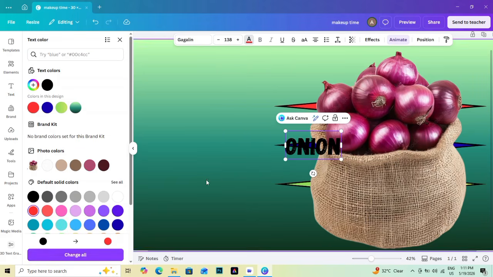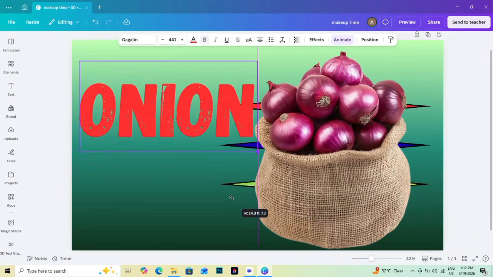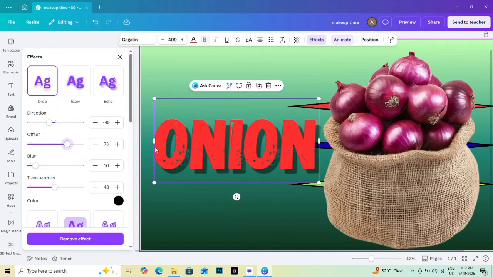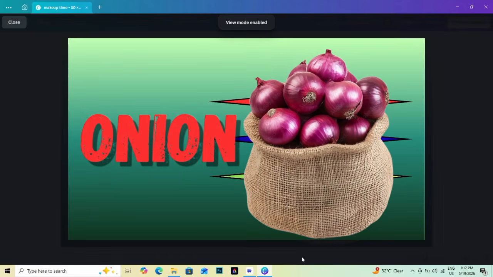Select the background and apply a dark muted gradient to enhance atmosphere. Add subtle blur overlays and soft shadows for realism. Use position tools to organize the